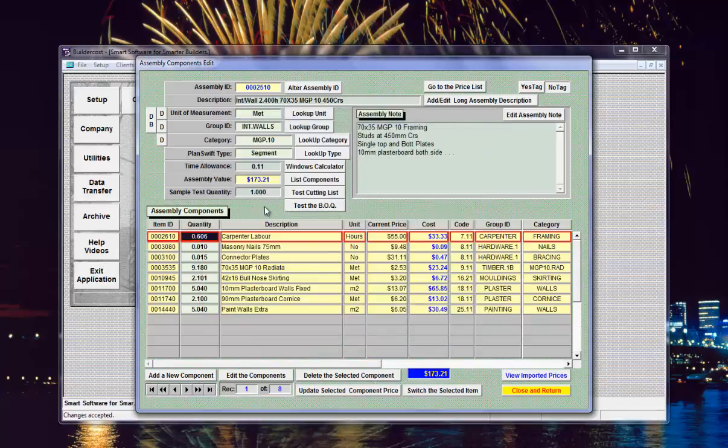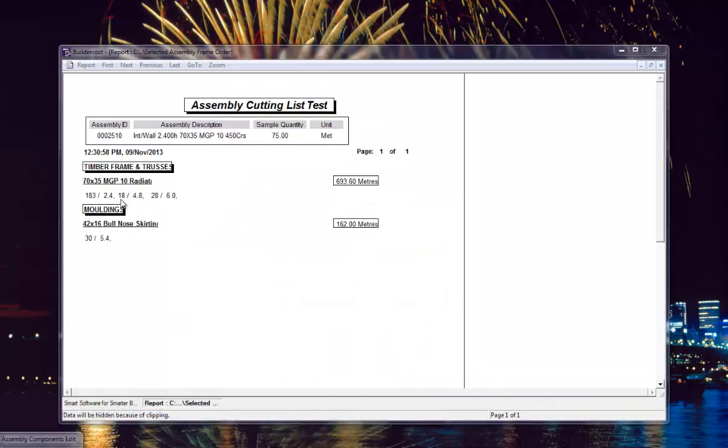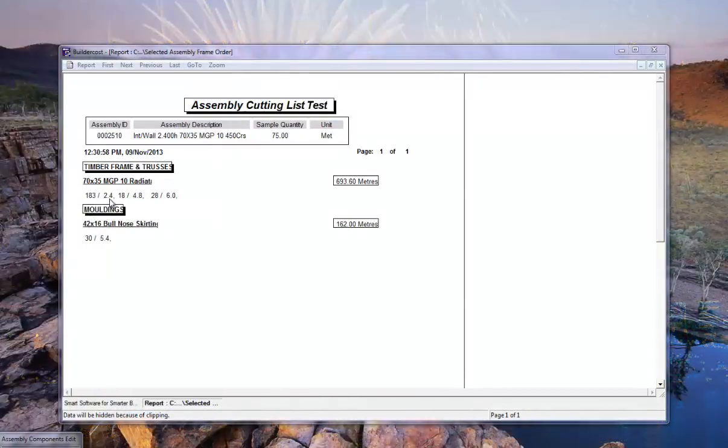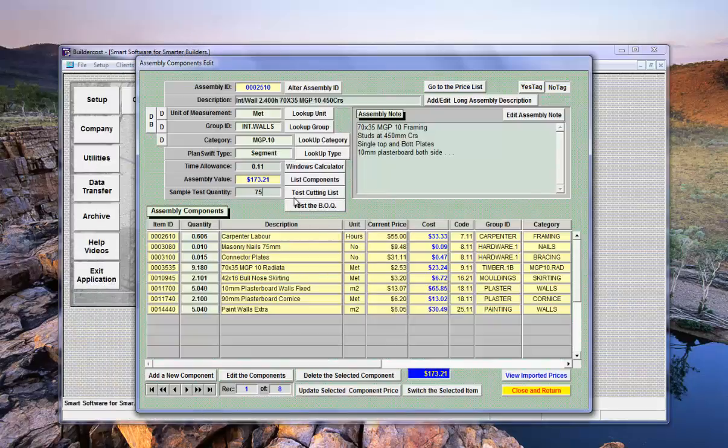So let's have a look at what we get if we say we've got 75 metres of internal wall. Give us a cutting list, and it'll tell us we need 183 studs at 2.4, 18 at 4.8 for noggin, 28 at 6 metres for plates, and down here we want 30 at 5.4 for skirting. So that's that. Now if I get a bill of quantity,